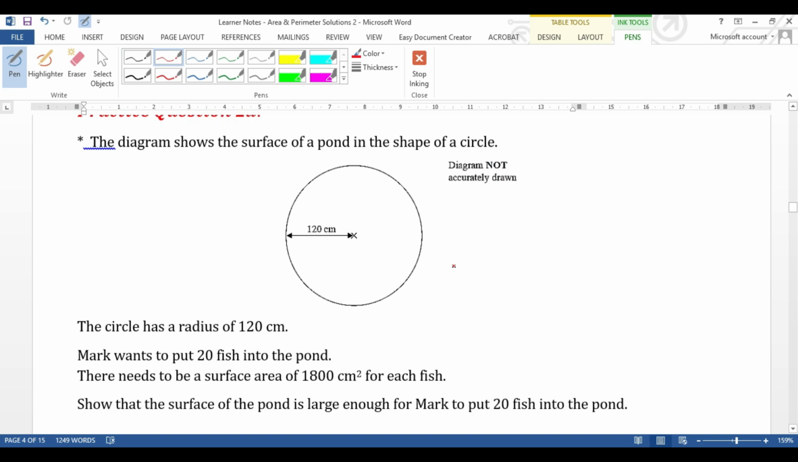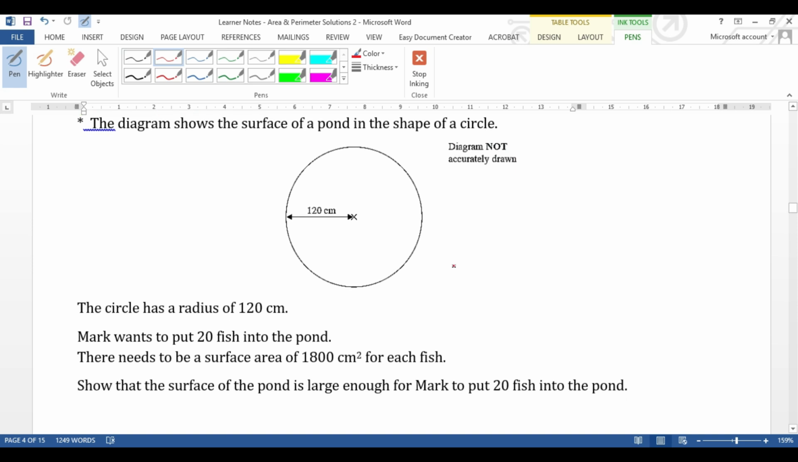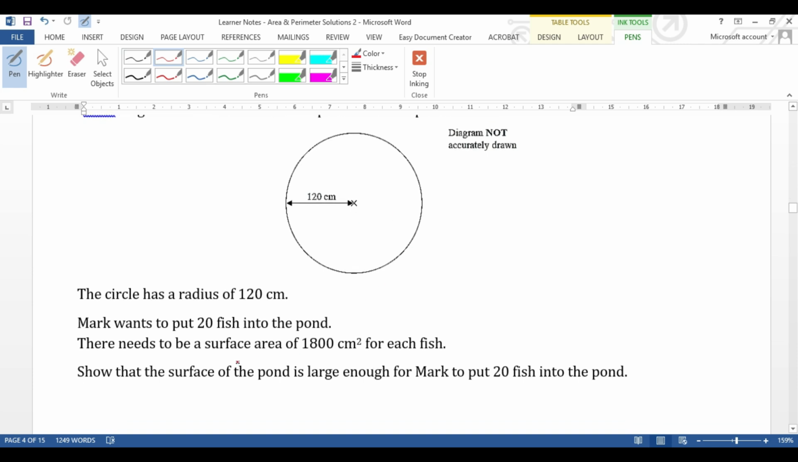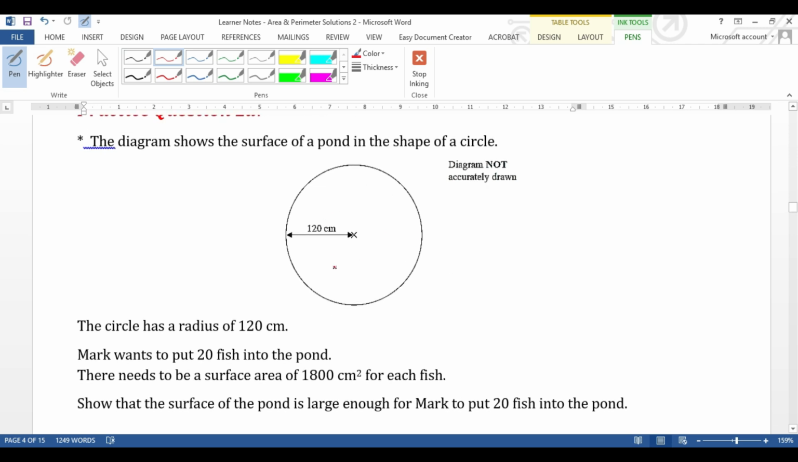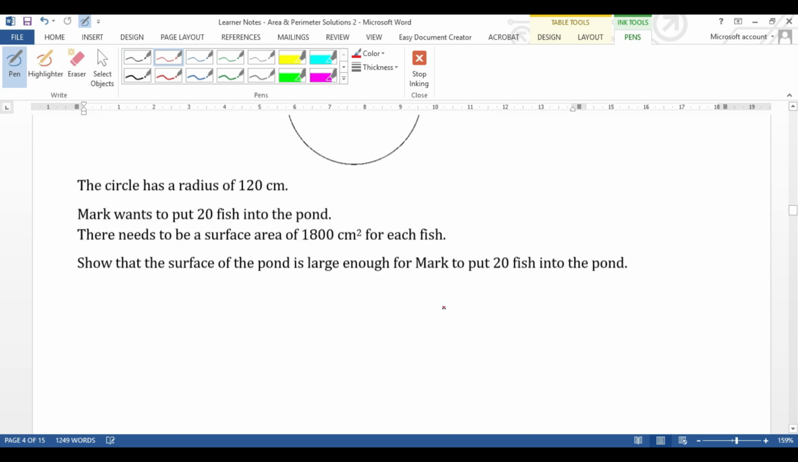So just be careful with this one. It sounds a bit complicated, but basically we're looking at the top of the pond, so that's the plan view of the pond from the top. And obviously we're only concerned with the surface area. So it's still to do with area, don't let that put you off. Don't let surface area put you off. It's still to do with the area of the circle in this case. So we're definitely using